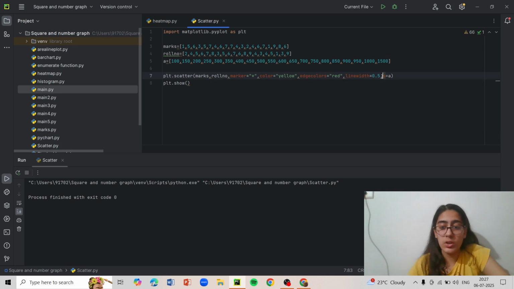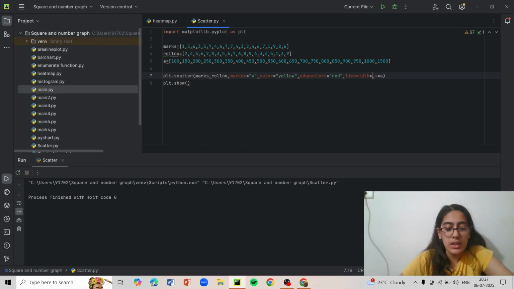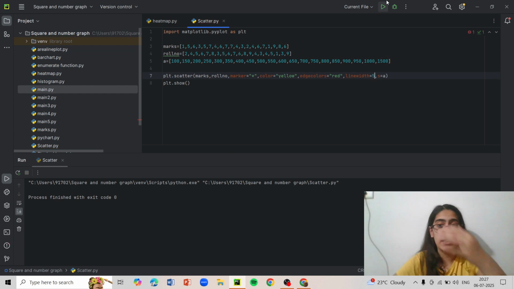So if I put it as 1, it should be quite big. Let's run and check. It is quite big. As you can see, the red part has increased. I'll just put it as 5 to show you that it is the red part that is increasing.